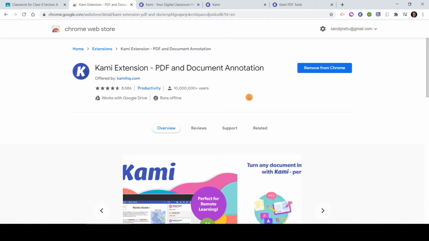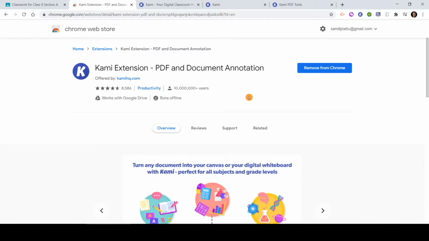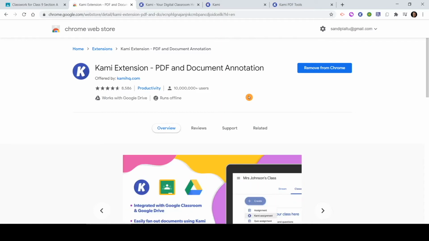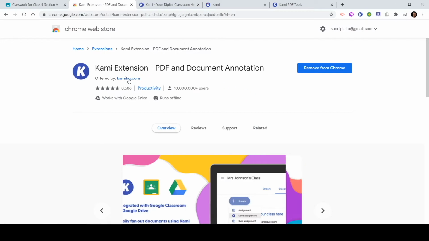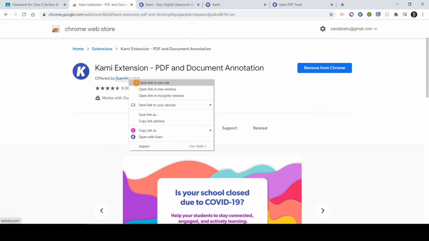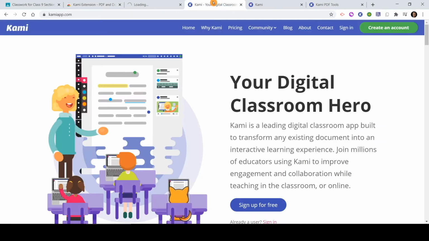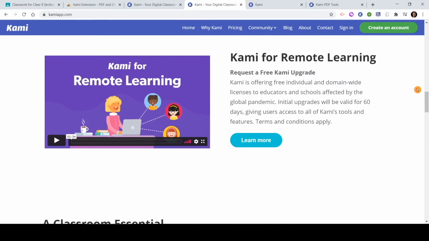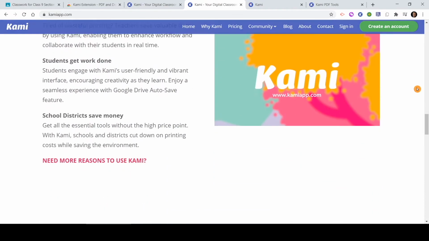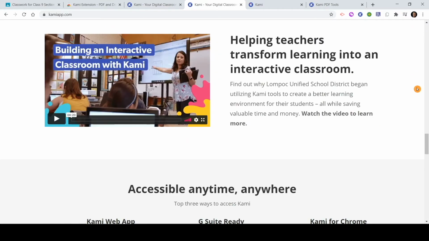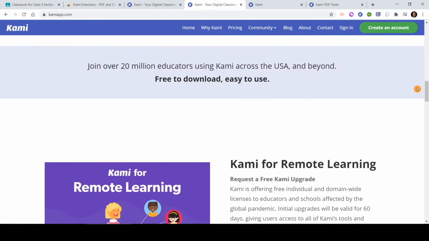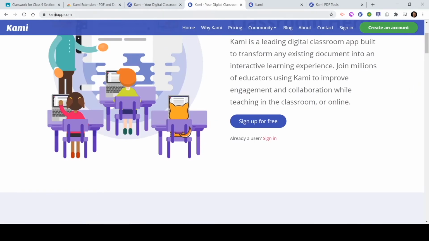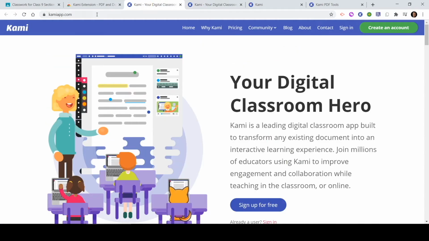And if you want more detail on Kami, how Kami works and what are the other benefits, there are some very useful videos already included in this particular website, kamihq.com. You can also go to this other site, that is kamiapp.com, to get more details. You'll be able to see some of the videos there which will help you to understand what Kami does and how it can help you. I'll give you some of the highlights here. However, for more detail, you can check these two websites, kamiapp.com and kamihq.com.